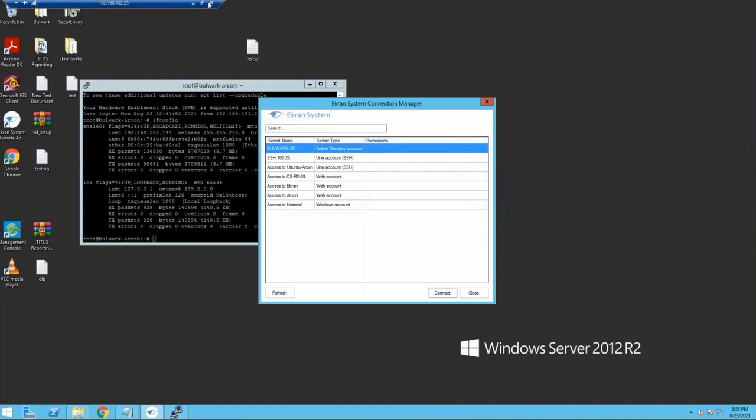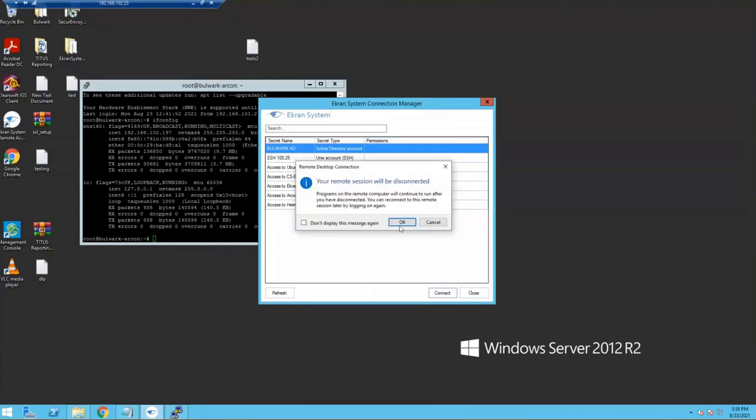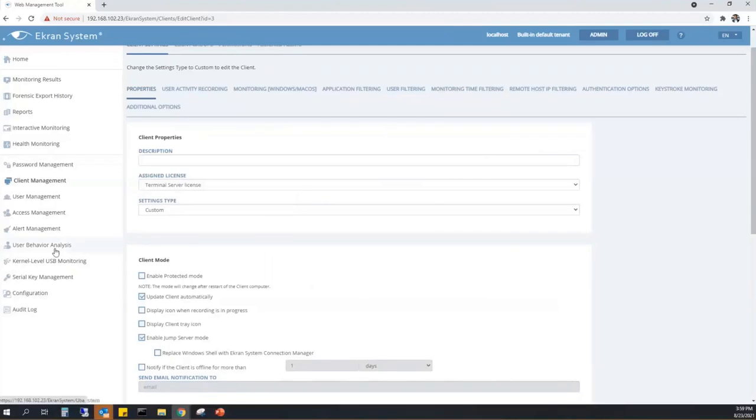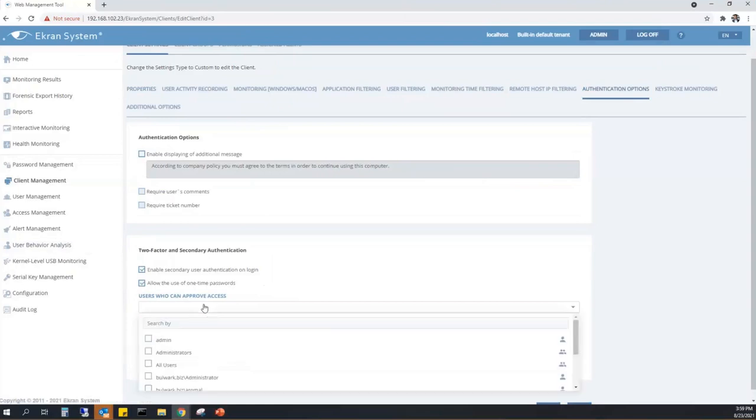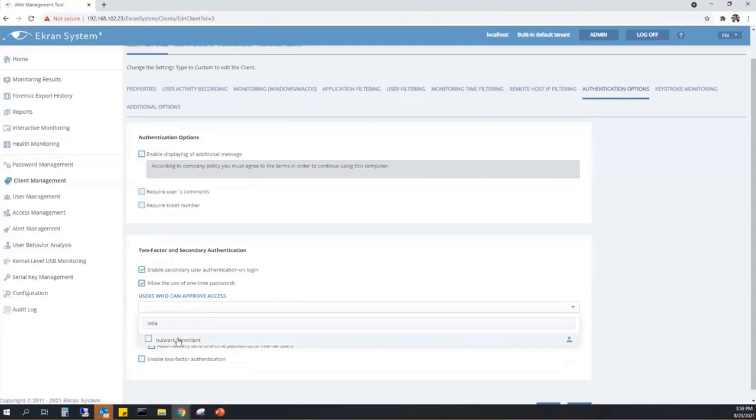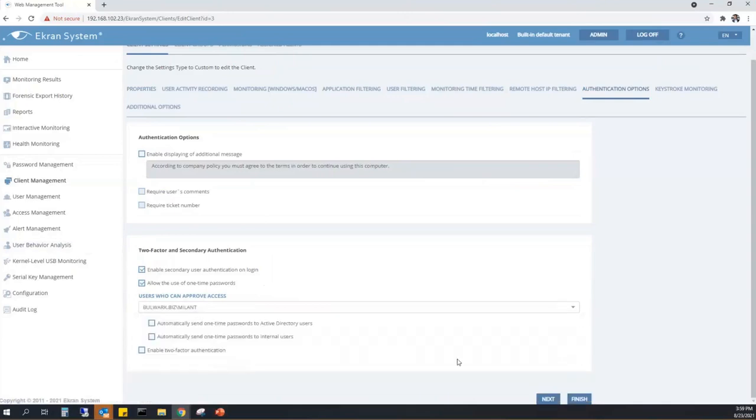Okay, now I will just log out from this server, and I will show you the authentication option which I have shown you in the workflow. I will not be able to execute this fully because I'll be using my Gmail account. So let me show you this one-time option. I'm going to enable it, and specify that if anyone wants to log into the GEM server, he has to get an approval from Millet. So I will save this configuration,